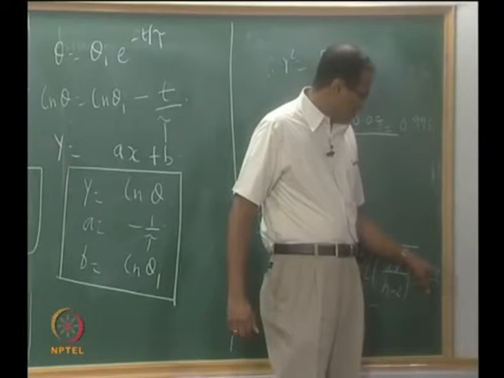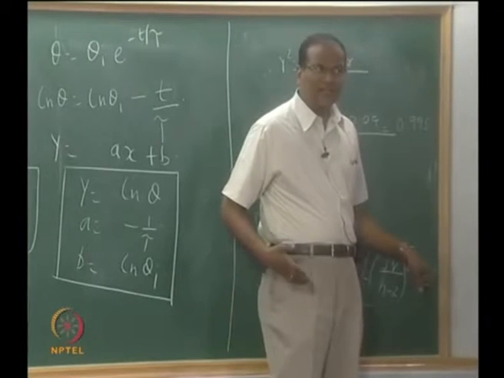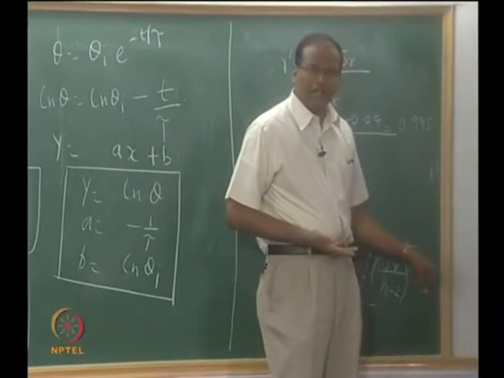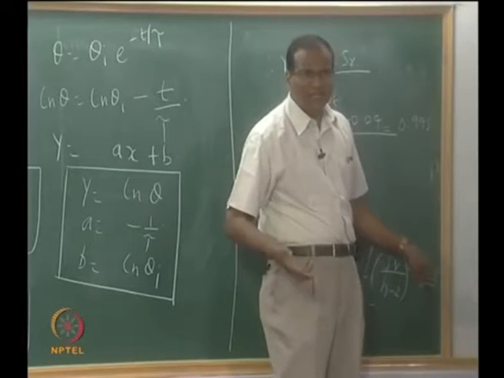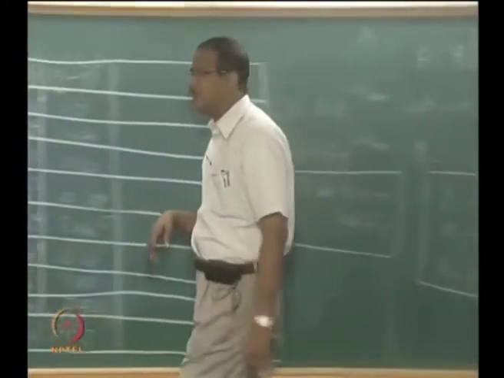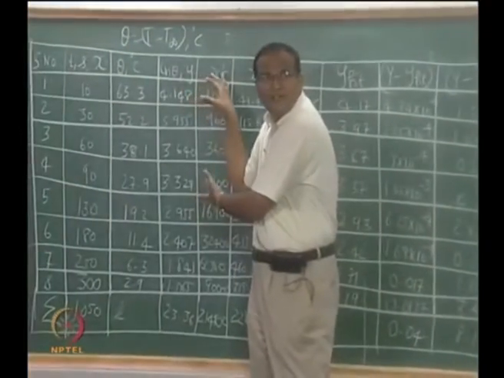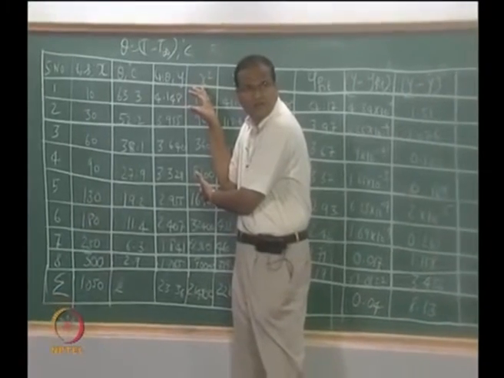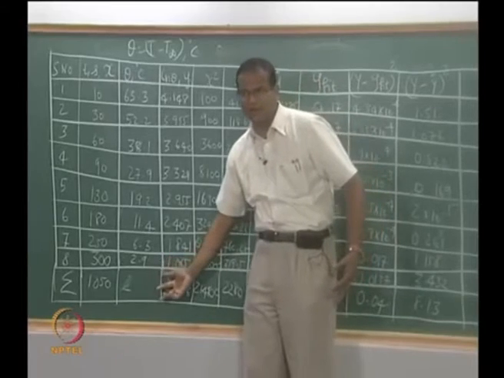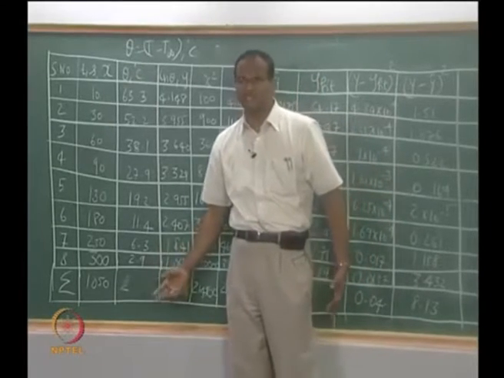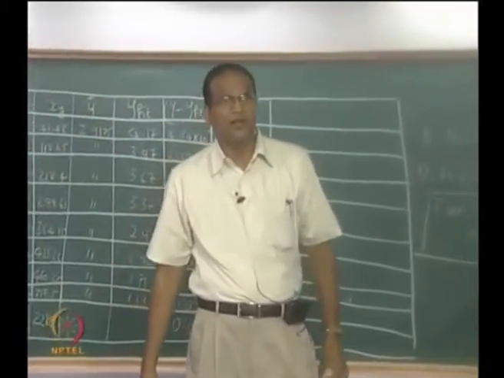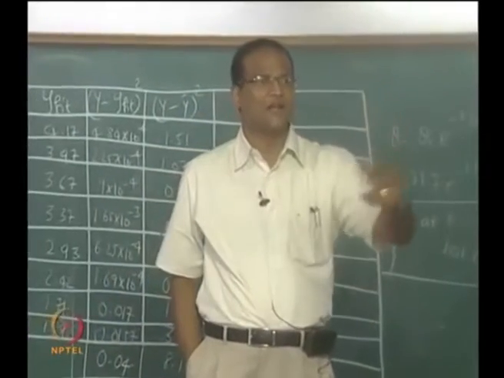So since it is 0.08, when theta is high, it is not very serious, since 0.08 is small, so it is okay, but when the theta is going down, then this will become comparable. Therefore if you want to do the experiments intelligently, you must try to use the maximum data when the system is hot. When the system is approaching the temperature of the surroundings, when the theta itself is very small, are you getting the point, when sufficient time has elapsed, since the driving force for heat transfer itself is small, it is more error prone, other effects may come into play,